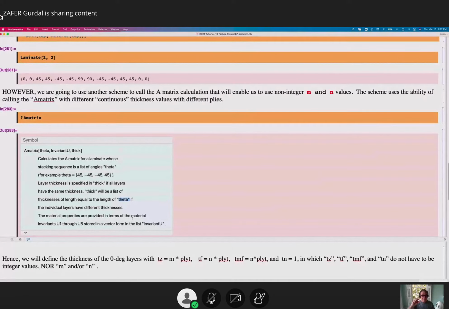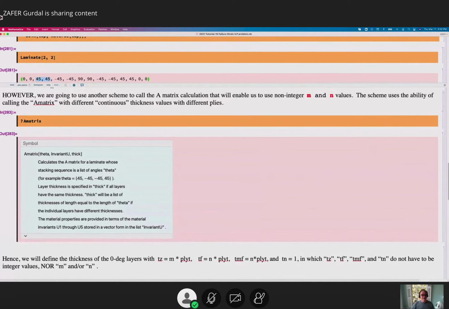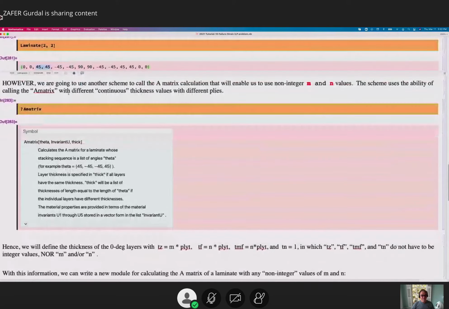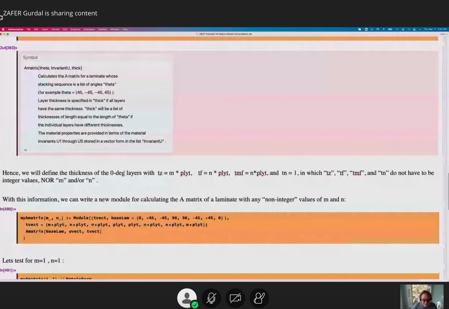So you'll be able to change the individual ply orientation. So if I have 2 plies of 45, I don't have to use a single ply thickness T ply. I can write 2 times thickness ply. That will cover the entire orientation angle 45s. Okay, so in some sense, what I'm doing is I'm introducing a new thickness variable, T0, for the thickness of 45-degree plies,